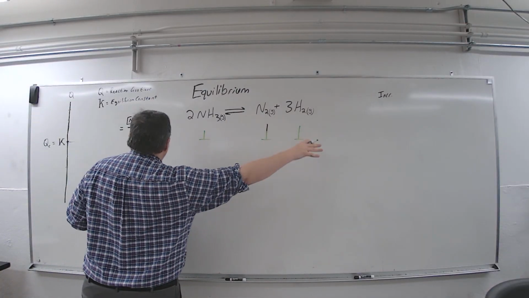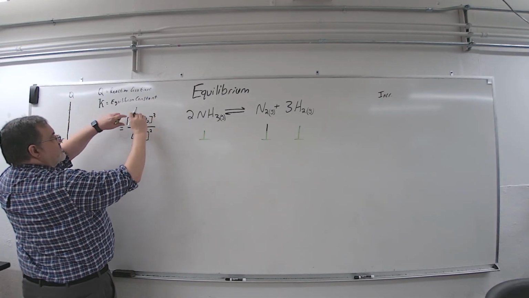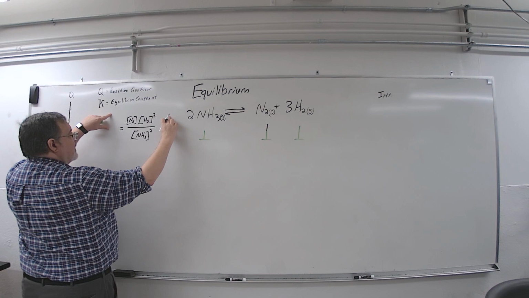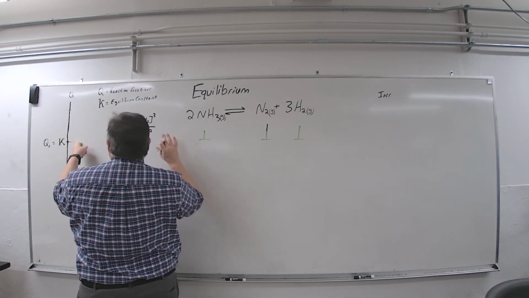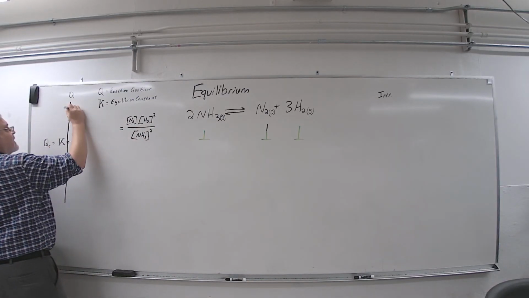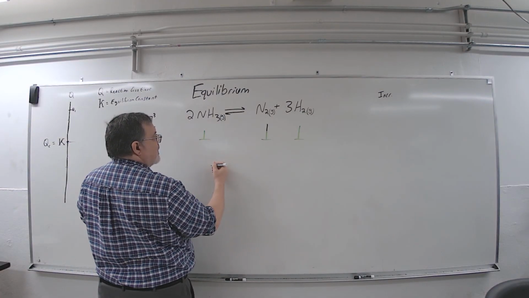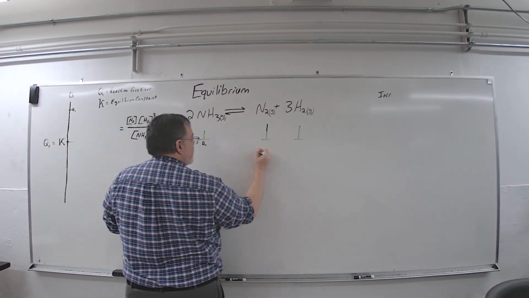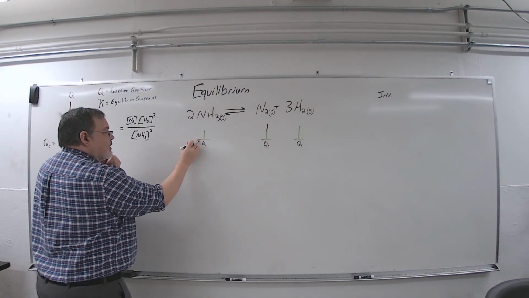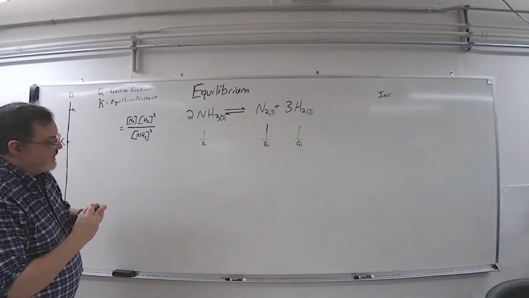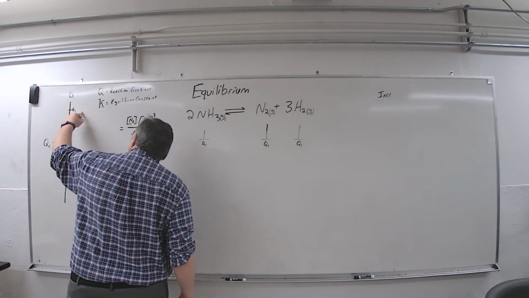If I increase the amount of a product, that's up here in the numerator. So now I'm making the numerator bigger. So what does that do to Q? It makes it bigger. So the answer to this equation will go higher now. So let's say we're up here, and I'll call that Q1. I should have had one more here that said K. But okay. So at that instant, you're here,